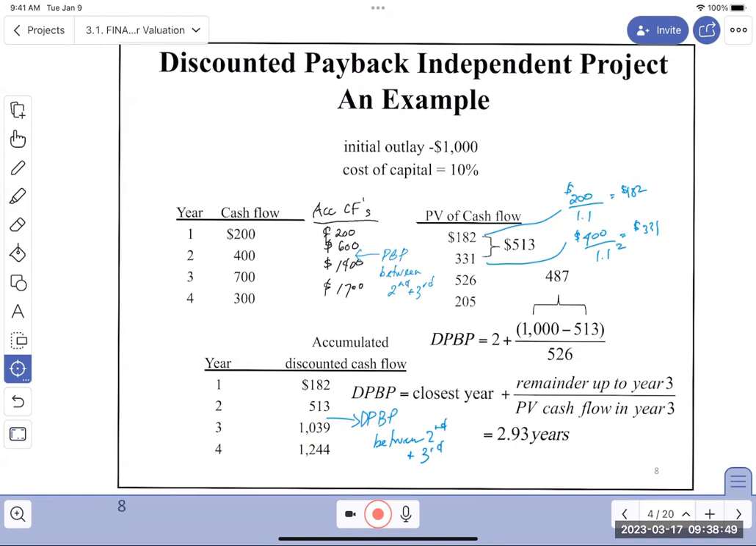In the third year, you see its discounted value is 526. We're going to spread out the 526 evenly over the year and find the point in that year where we've made the extra money to get $1,000. So that's what this calculation is. This is calculating precisely what the discounted payback period is. It's using the second year because somewhere between the second and the third year it pays back. And then we're going to, out of the third year, 526,